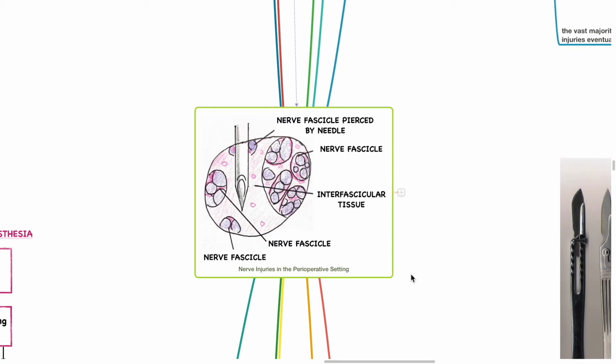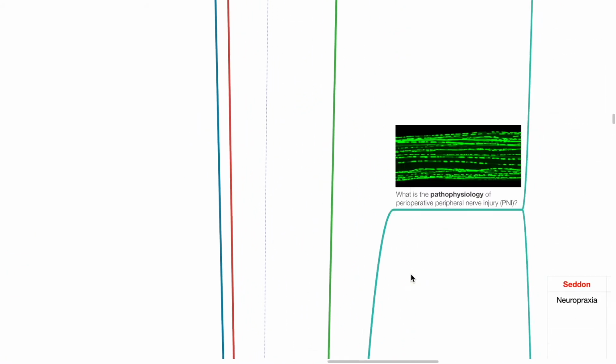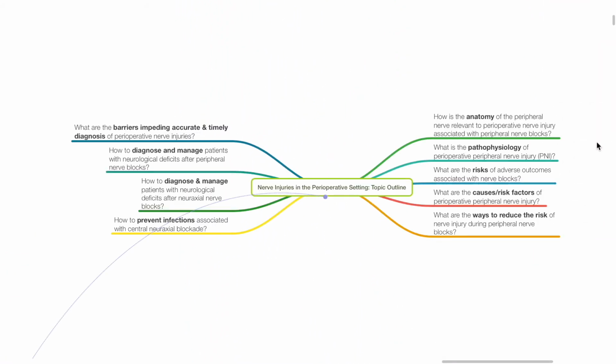Today we'll be discussing nerve injuries in the perioperative setting. Topic outline. We will be discussing how the anatomy of the peripheral nerve is relevant to perioperative nerve injury associated with peripheral nerve blocks. We will be discussing what the pathophysiology of perioperative peripheral nerve injury is, the risk